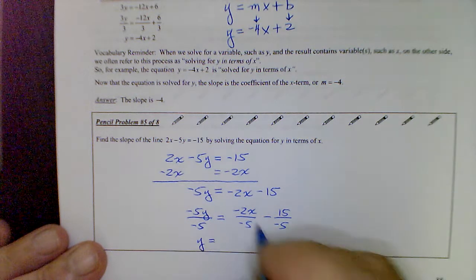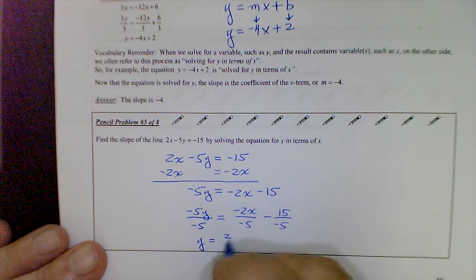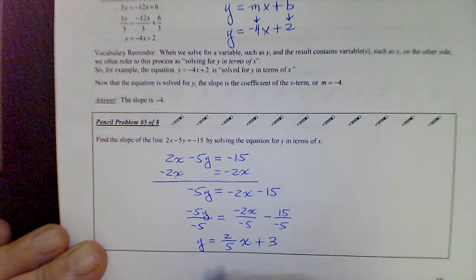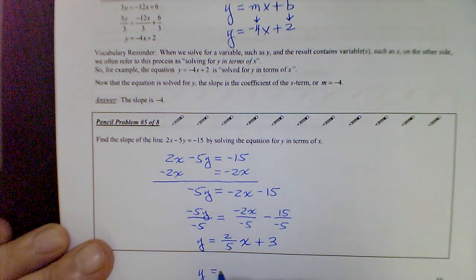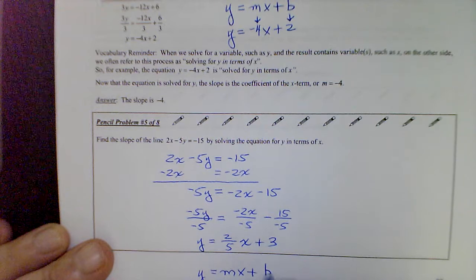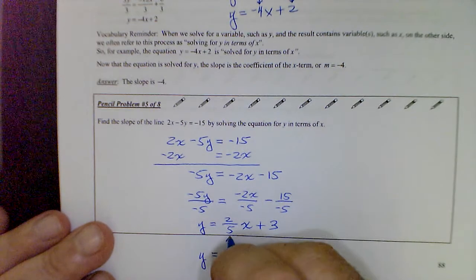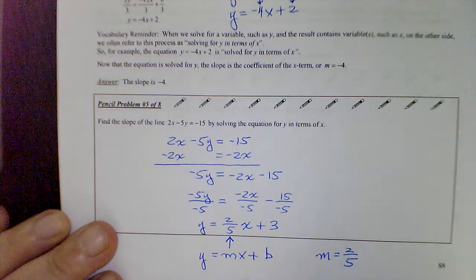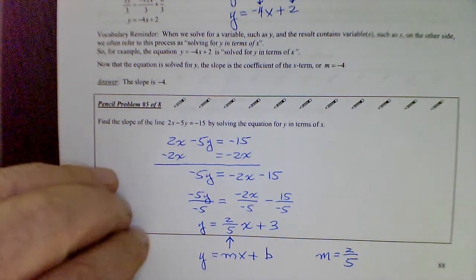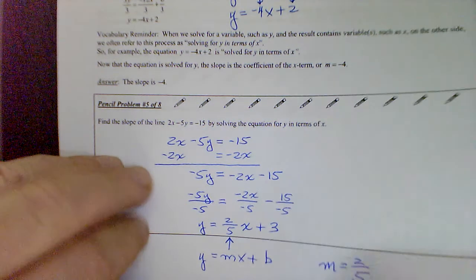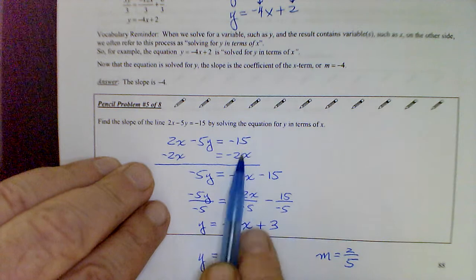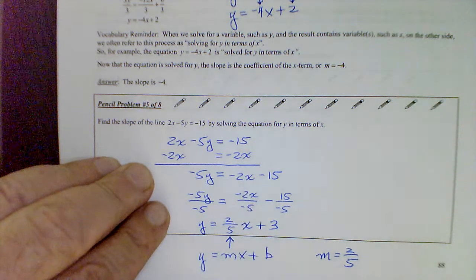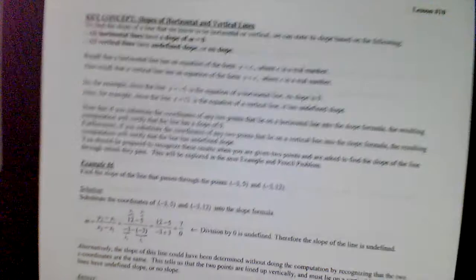And so then we get y equals, okay, that's double negative, so positive, and I'll just write it as 2/5 x, and this becomes +3. So if this is now in mx plus b form, then you could see that the slope is 2/5. Okay, so that's one of the more challenging problems. A little awkward to get used to this step right here, I think, right? When you make sure you do not combine the x's and the